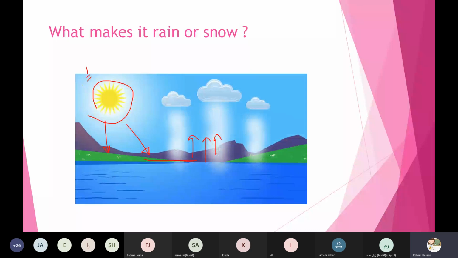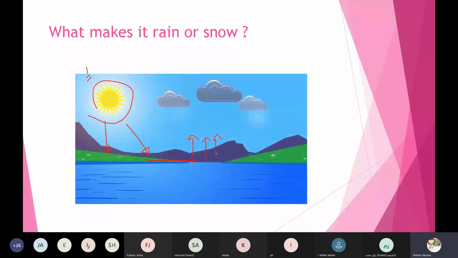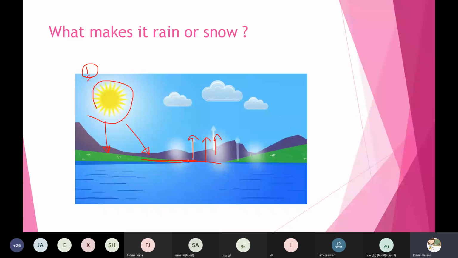Yes, water cycle. Number 1 in the water cycle, the sun. The sun warms the water. Yes, the earth water, like the water in the rivers, in the ponds, in the lakes. Amazing. And if the sun warms this water, some of this water will